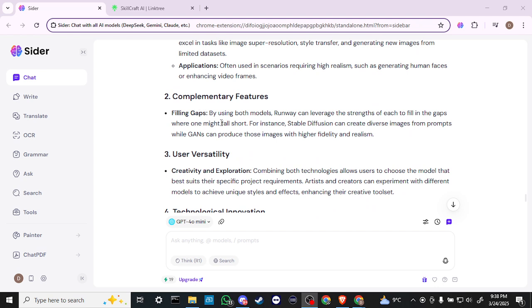So according to Cider, by using both models, Runway can leverage the strengths of each to fill in the gaps where one might fall short. For example, Stable Diffusion might create diverse images from prompts, while GANs can produce those images with higher fidelity and realism. So I think that essentially what this clarifies here is just that there's different types of image generation,